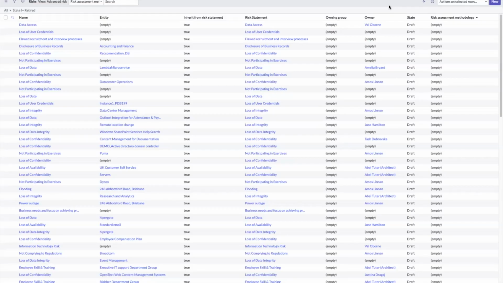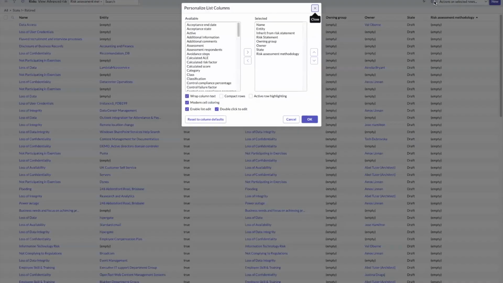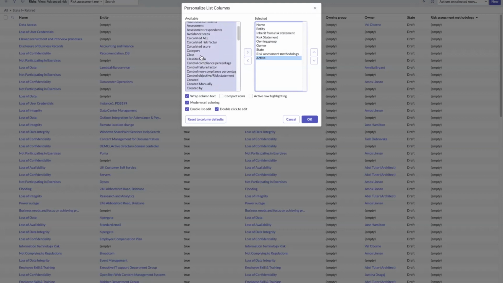Alrighty, once we get all those risks updated into our register and imported, we can go ahead and actually filter through the information that's on this risk register. So let's say we want to change what we're able to see here. We can simply come to this settings cog over here in the right top corner. And from here, we're able to select things that we want to see and maybe take away some of the things we don't. So let's say that we want to see the risks that are active, or the specific risk class,